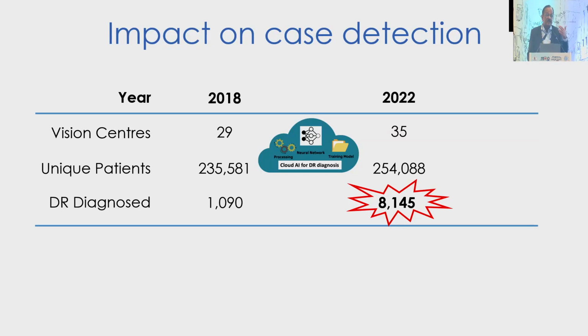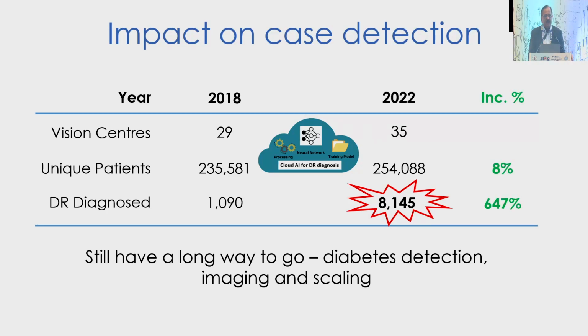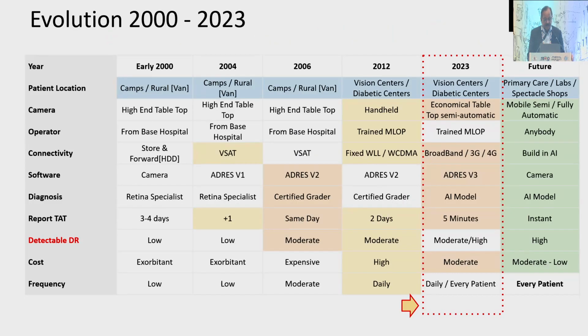So we need to look at a larger amount of data to see how AI is making such a big difference in identifying, because it even picks out those small microaneurysms which are not normally seen by human eyes. So it is definitely making a difference in the way we identify diabetic retinopathy.